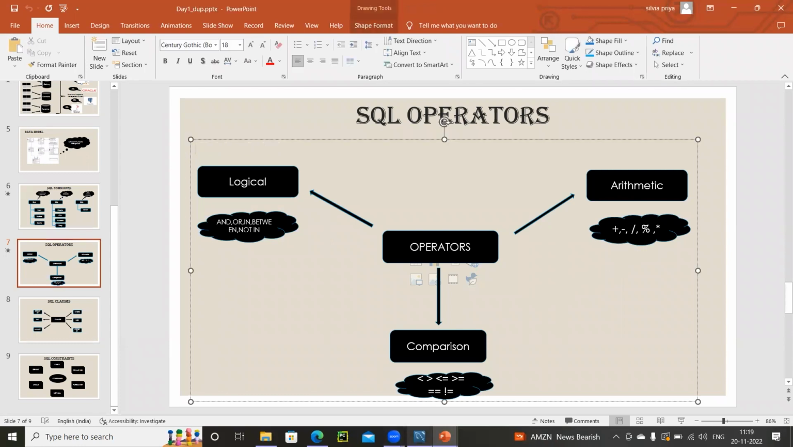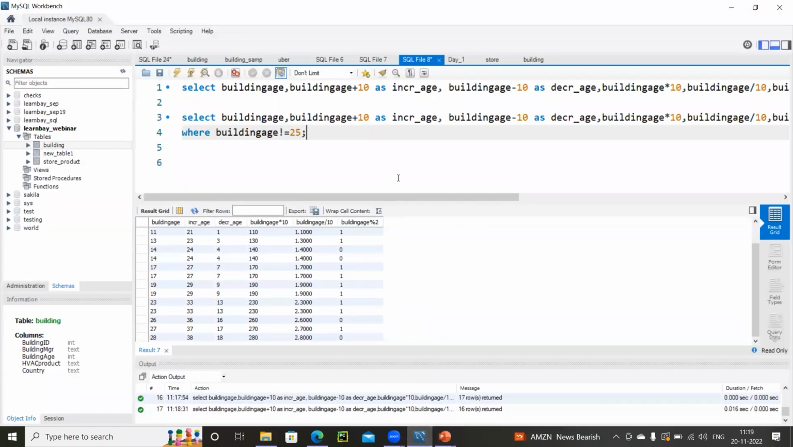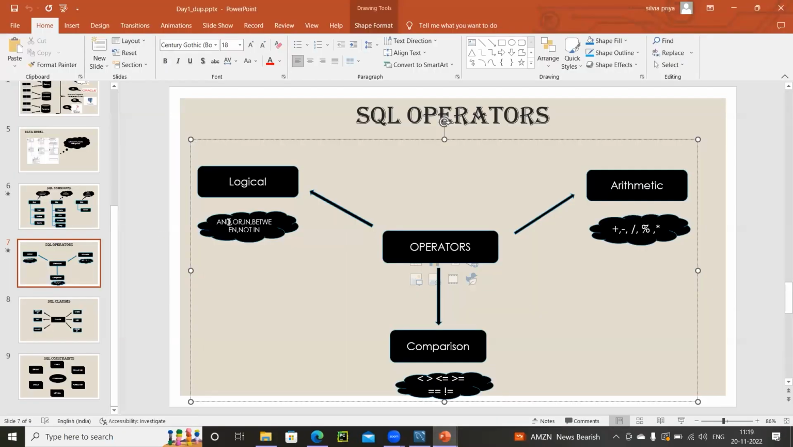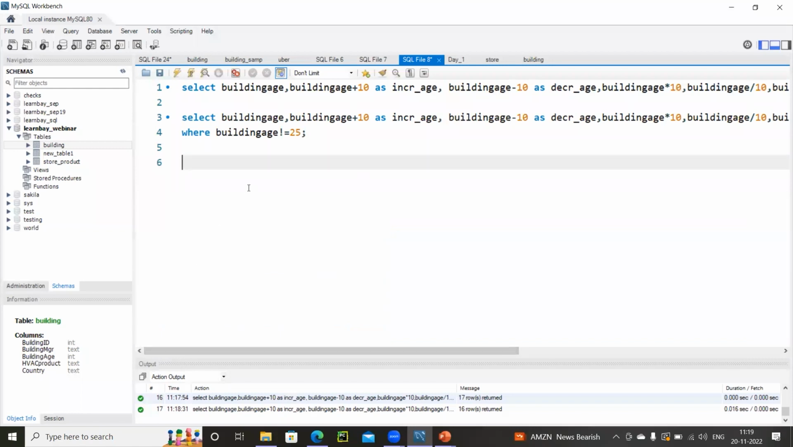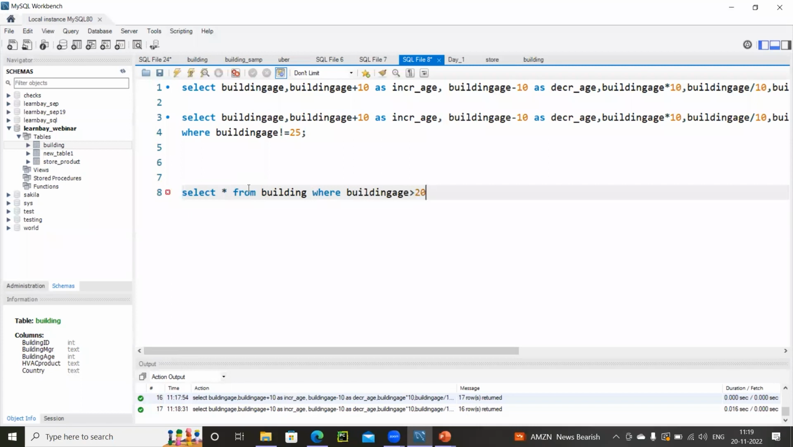Okay. Now coming down to the logical operators. What do we mean by the different logical operators? It can be like and, or, in, between, not in. Now let me write some statements for that, and then we can see what it basically does. So I'm reading everything from my building table where my building age is greater than 20 and